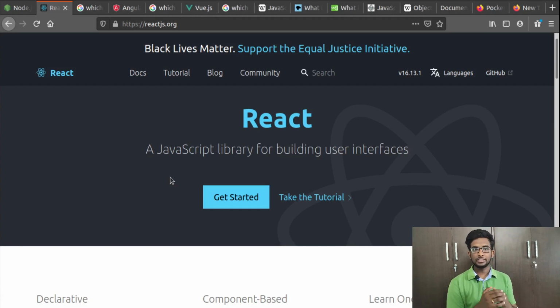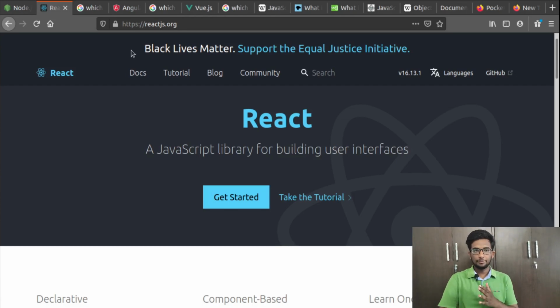Using React, you can develop web pages that are highly interactive with the user and the web designer. Not only that, it is cross-platform, so you can build pages for the web and also applications for your mobile phone. For that purpose, you need to learn React Native, which is for mobile applications.